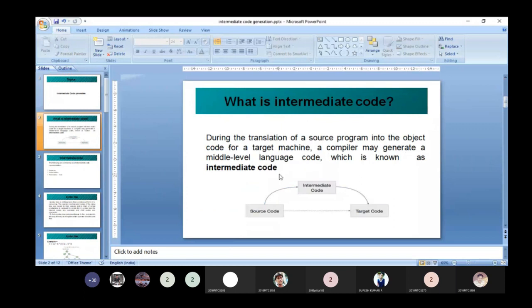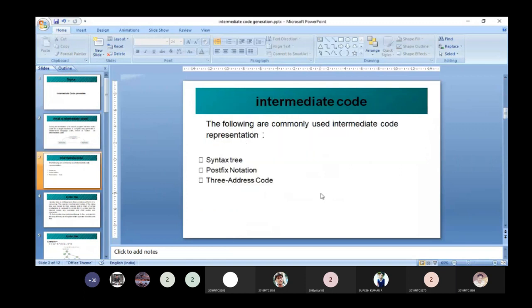We call that the intermediate code. This is the source code and this is the target code, and in between we get the intermediate code. There are three representations: the first is the syntax tree, the second is postfix notation, and the third is three-address code.